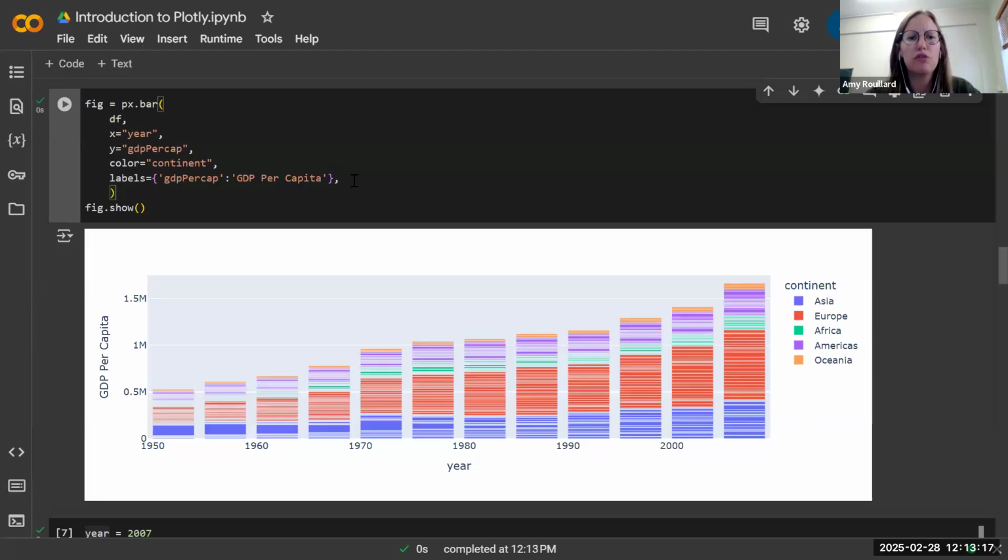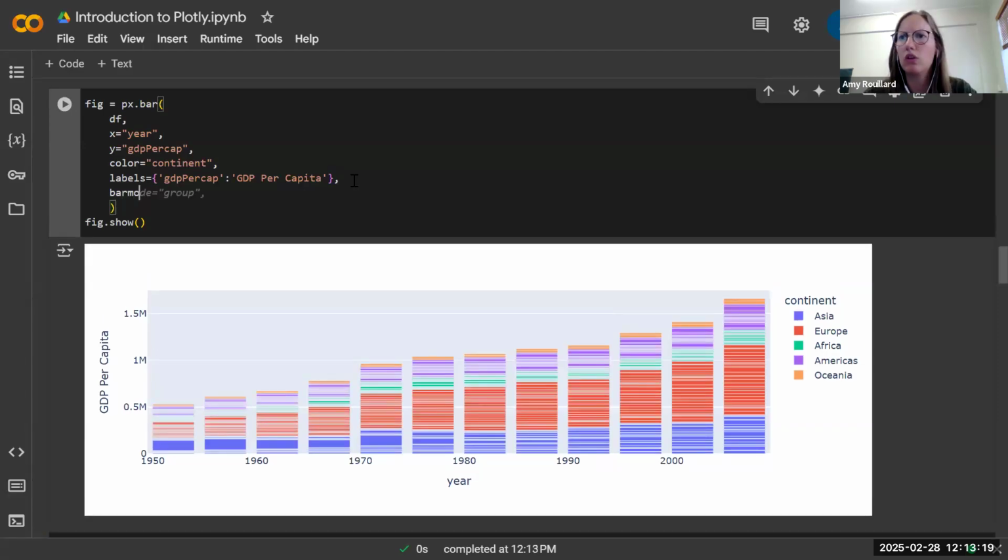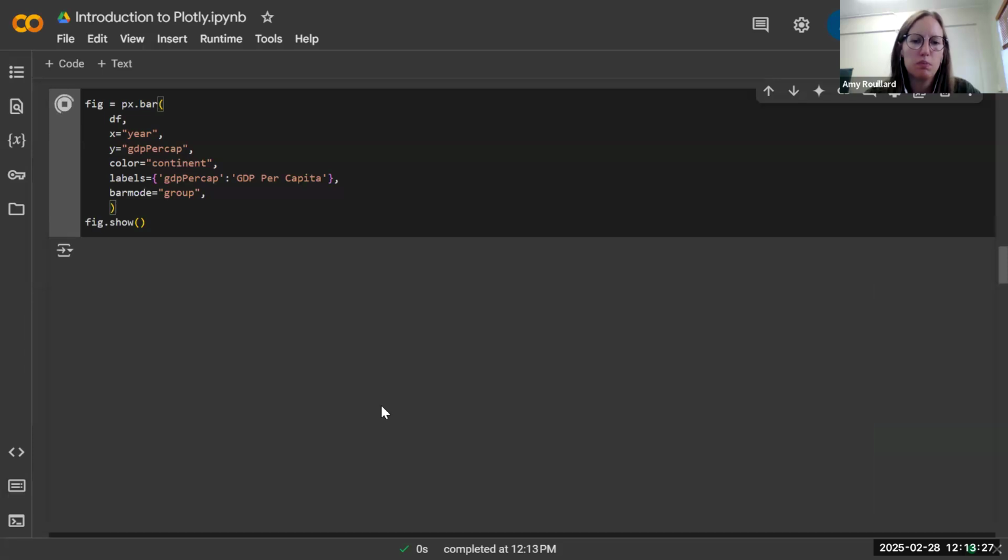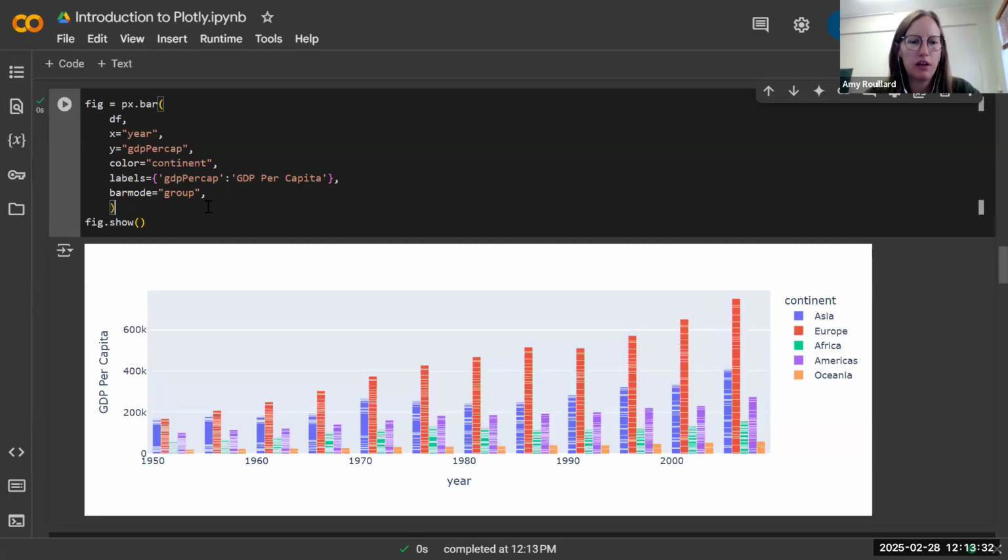And then there's also two different bar modes. At the moment, we're in the stacked bar mode, but we can also switch over to a grouped bar mode, which will place the bars related to the different continents next to each other rather than stacked. So depending on your application, you may or may not want to do that. So if I go back to the stacked